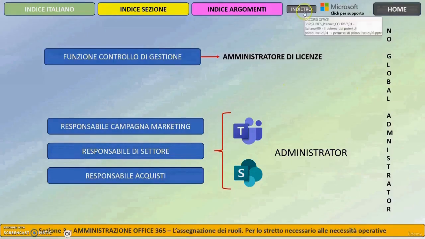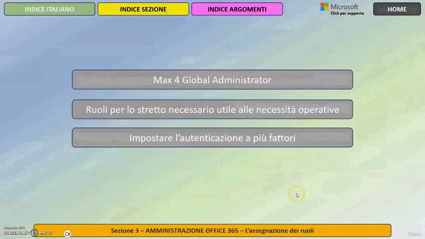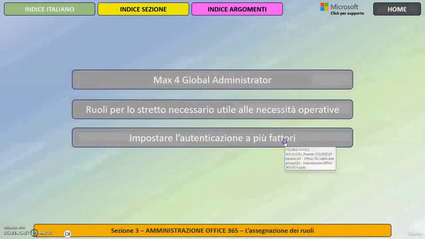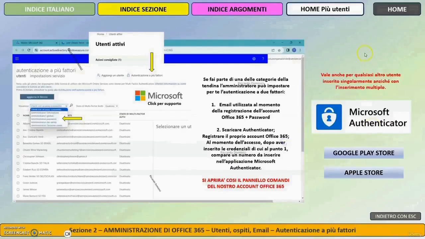Third point, multi-factor authentication. Here, I've put the link to the slide that we have already seen in the section dedicated to administration in the strict sense. Multi-factor authentication is absolutely necessary, at least for those who have administrative roles. How is that possible? We have already mentioned it, and we will review it quickly.